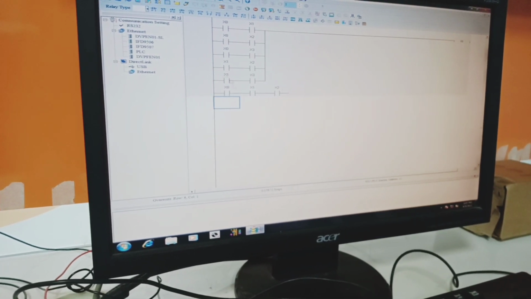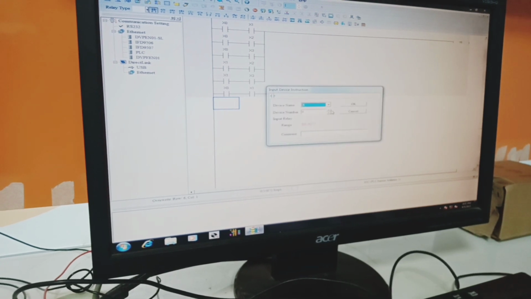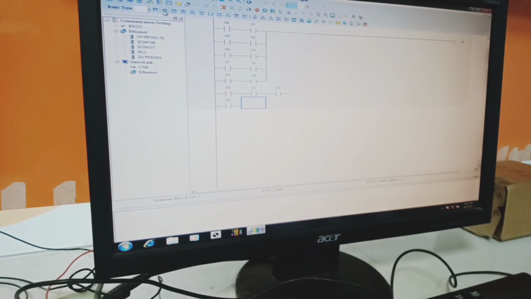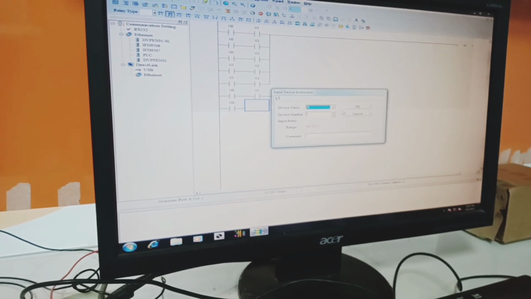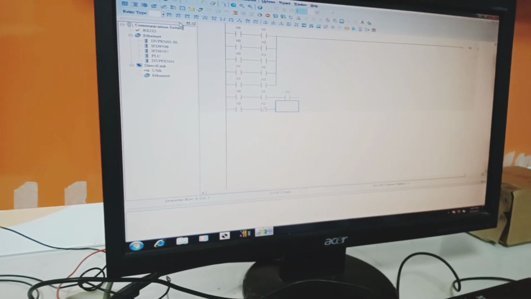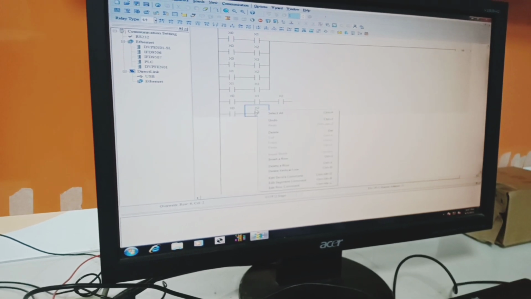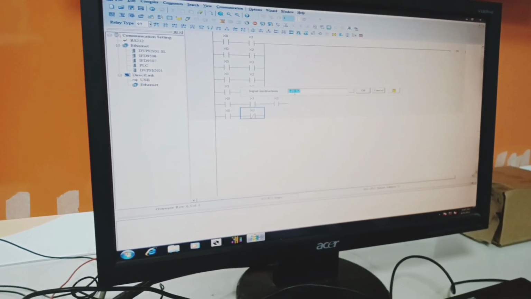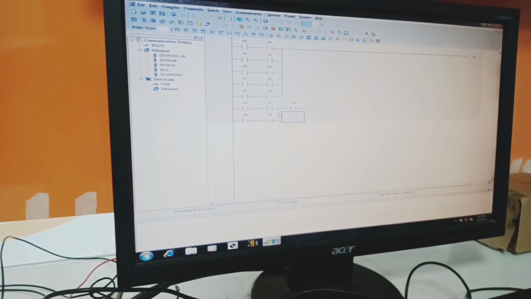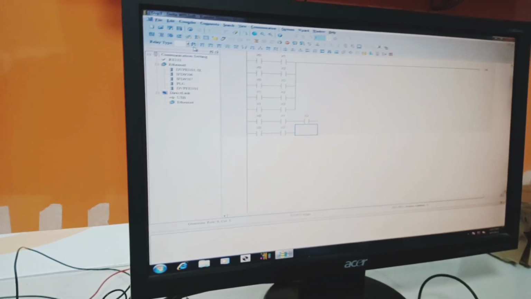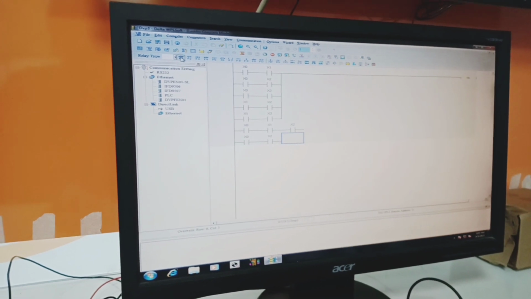Here we are making the second condition. The second condition is that when we turn on any 3 buttons, then our second output will turn on. So we can make the second condition. We take 3 NO switches in series and then connect them in parallel according to their conditions.